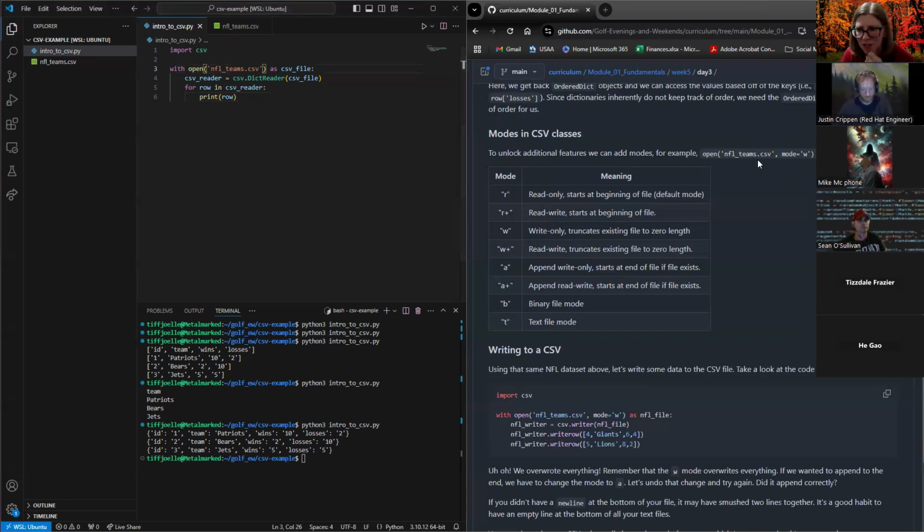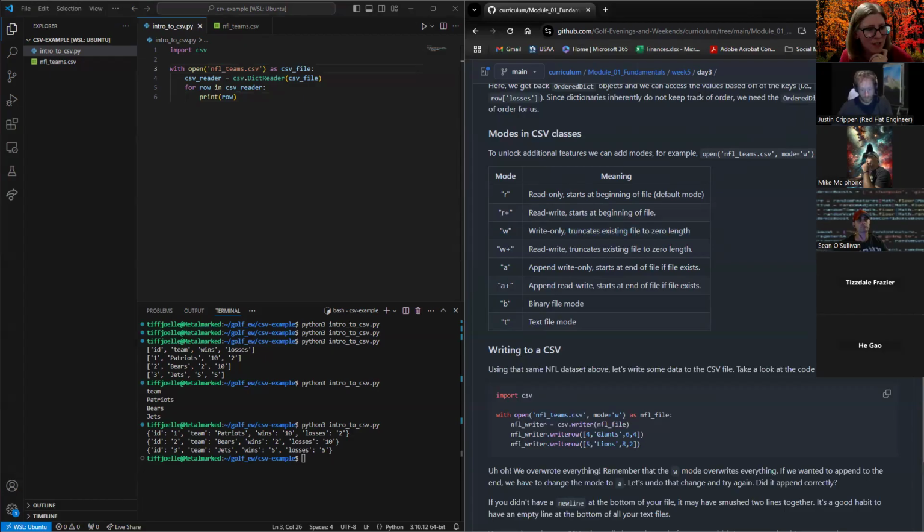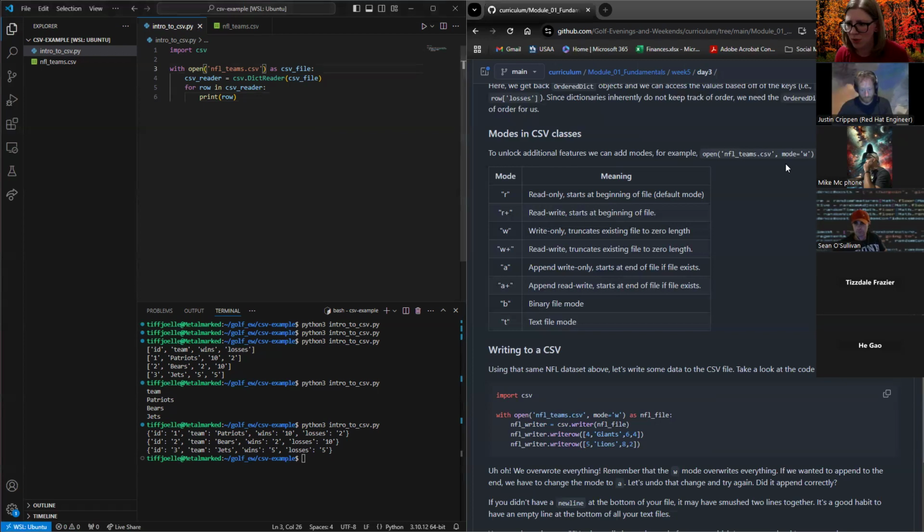We can specify, you can read through this at your leisure, a read only, a read write at the beginning of the file, a write only. An important thing to note is the write only. So what does this mean? It truncates the existing file to 0 length. If I were to open this with the mode of write,